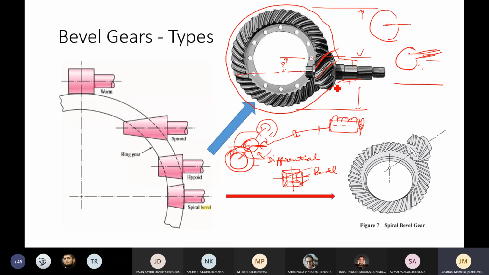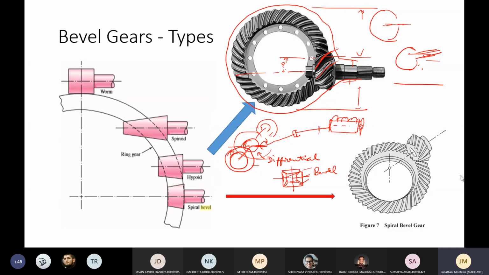Completely encased in a pool of oil, so lubrication shouldn't be a problem. And that also gets transferred to the floating axle as well. So the entire thing will be running kind of suspended on oil itself, to all the components. So the heat dissipation also becomes quite good. Okay, fine. So there are only 5 minutes left.